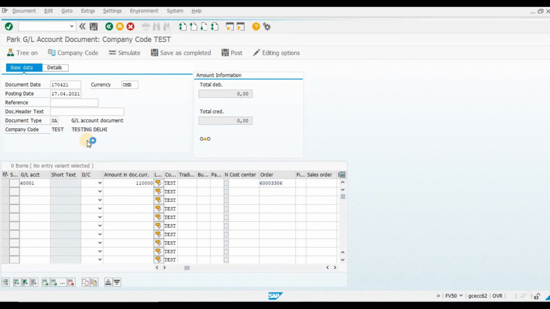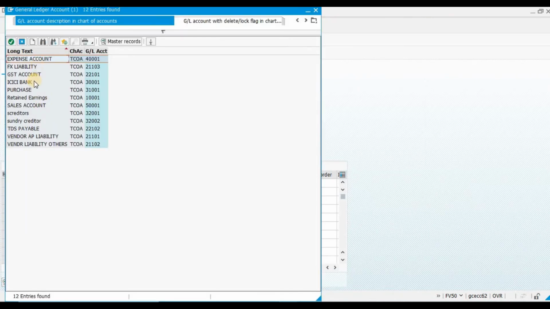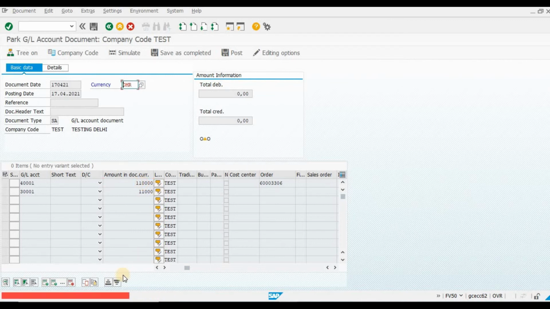Now currently ICICI Bank we will take. M rate is not maintained in the system, so we have to first maintain the M rate because INR, sorry.